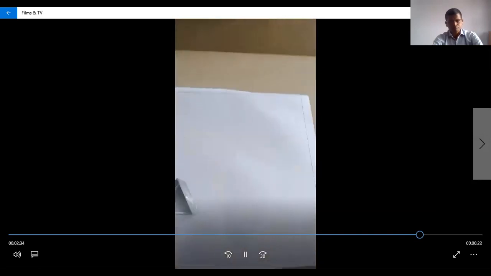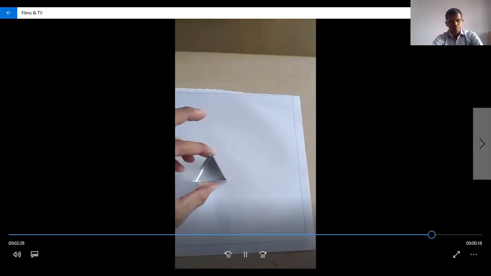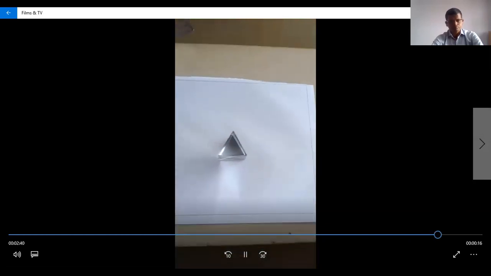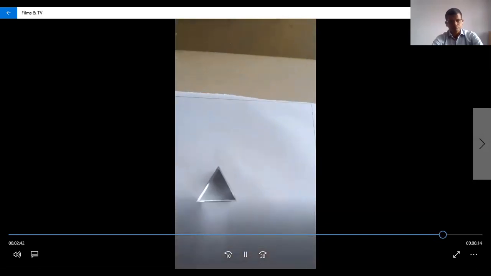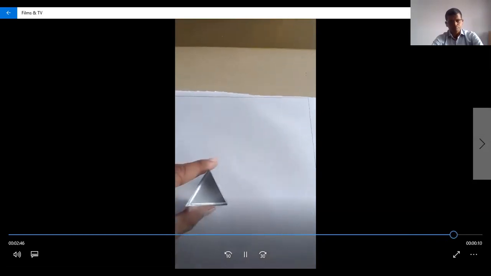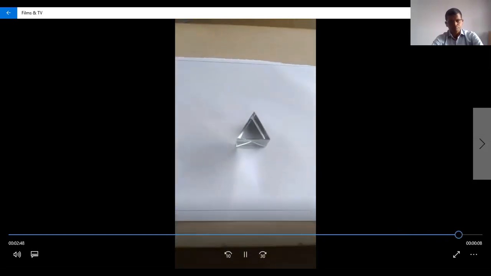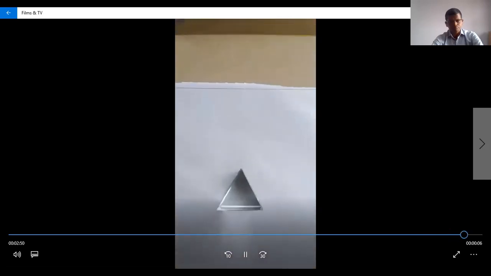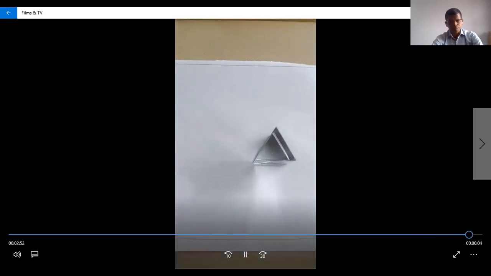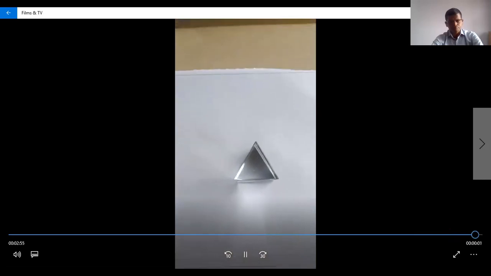First you put one page, then you put one prism in the center in landscape, then you draw a triangle, the surface outline of the given prism, and then with the help of a protector you create the angle of incidence. In the second part we show this.